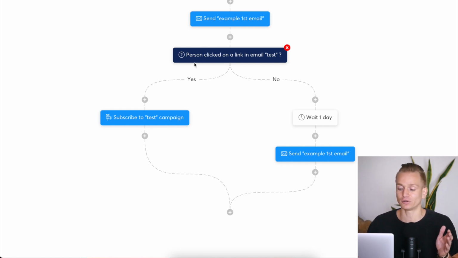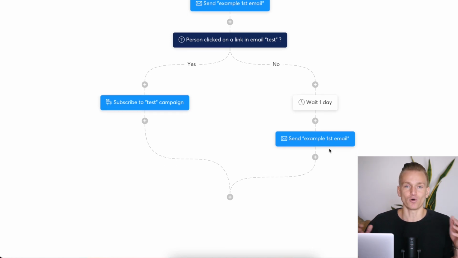If they clicked on the email, if they clicked on maybe a link within the email, if they made a purchase, you can basically put them into a different campaign. If they didn't, maybe you wait for one day, they didn't open the email, you can resend them the email, and so on and so forth. So you can basically set up all of these different automations based on your subscribers' actions. If they make a purchase, if they open your emails, if they click on your links, all of these different triggers. And you can basically set up a bunch of these emails coming out, and then usually you want to